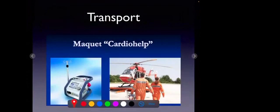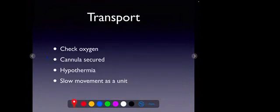Transport on ECMO is a different chapter altogether. I don't want to go into it, but for short transports within the hospital, we need to check, or the nurse needs to check the oxygen cylinders, whether the oxygen supply is okay before disembarking from the ICU, whether the cannulas are secured or not. Patient should not be hypothermic, and the whole team should move as a unit slowly. Somebody shouldn't rush, because if one person tries to pull the bed quickly, another person who is at the foot end holding the ECMO machine and the circuits lags behind, and there is a high chance of cannula